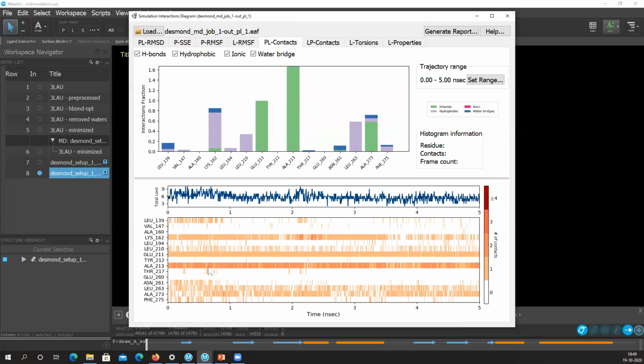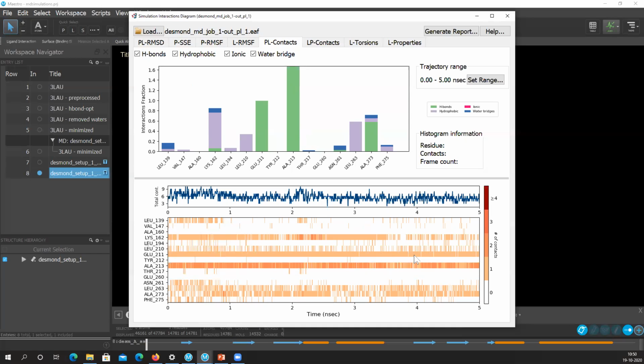And sometimes it also forms just 1 contact because the amino acid, the protein, is changing during the simulation. So contacts form and break. But through the simulation, this contact is mostly stable. You can also see this one here, which is glutamate 211. It forms 1 contact with your ligand. It's mostly stable for the simulation, except for this region here, where the contact is broken,